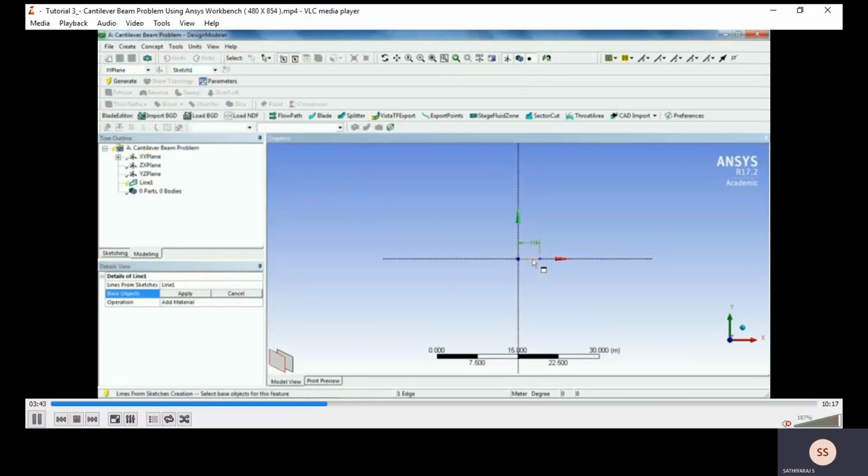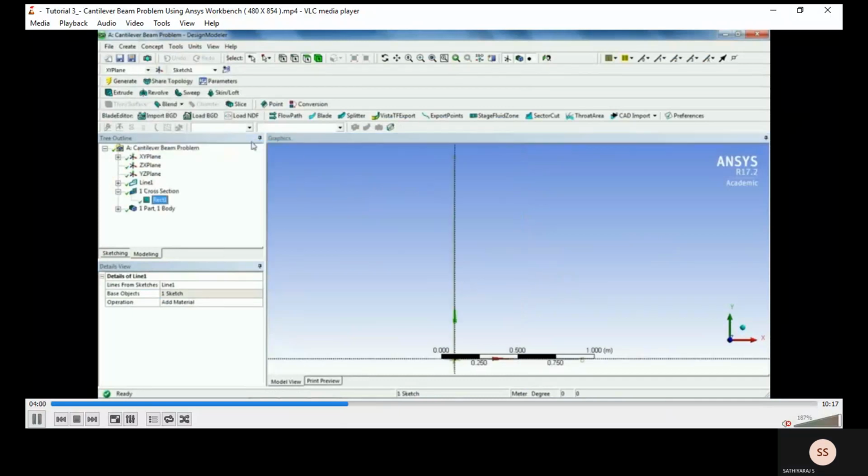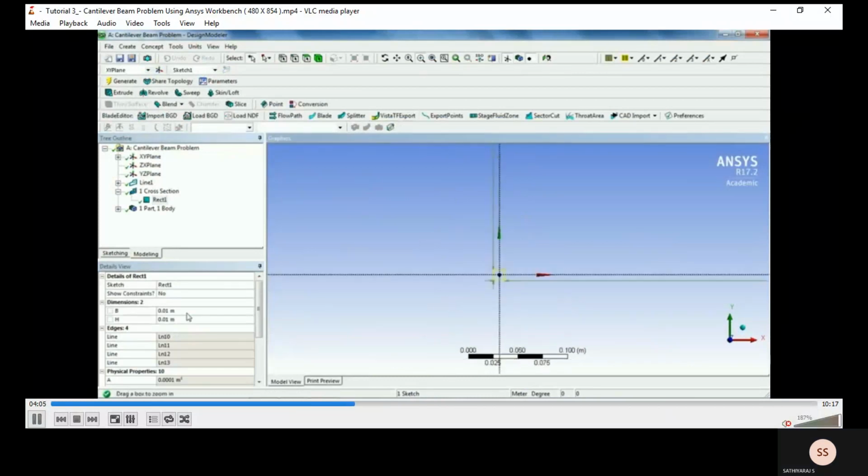Then we convert the sketching line into a point: go to concept, click line from sketches, and apply, then generate. Then go to concept, select cross section, go to rectangular, and give the dimensions B equal to 0.35 and H value 0.35. Then go to generate, apply.